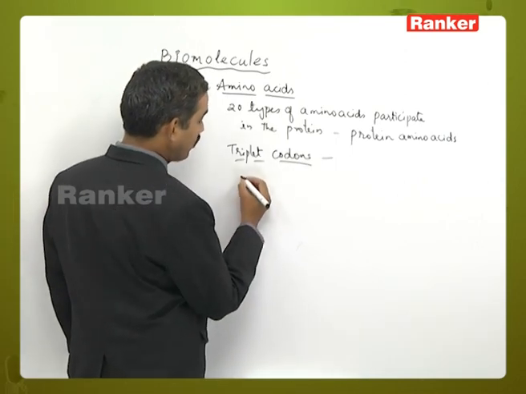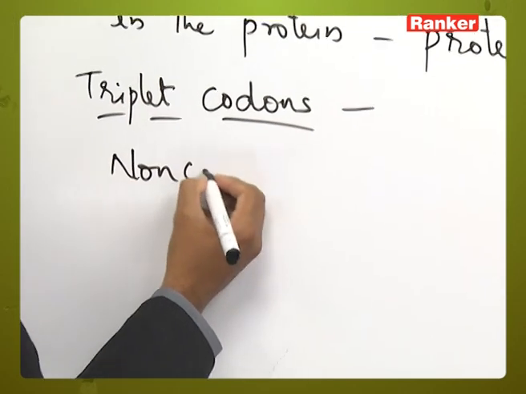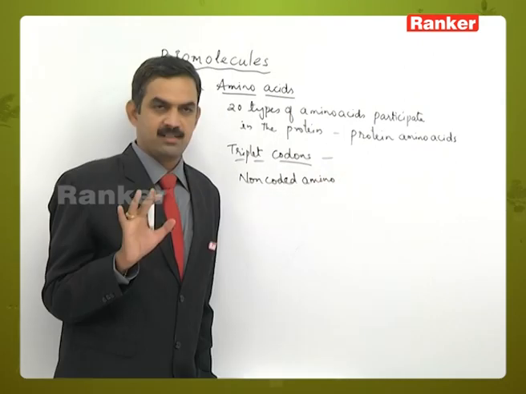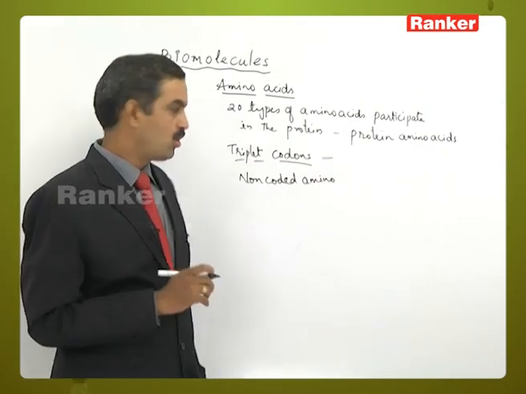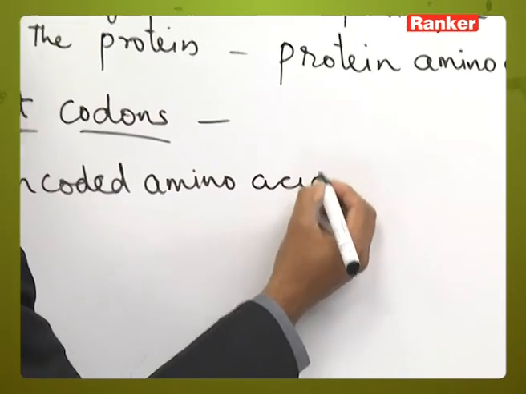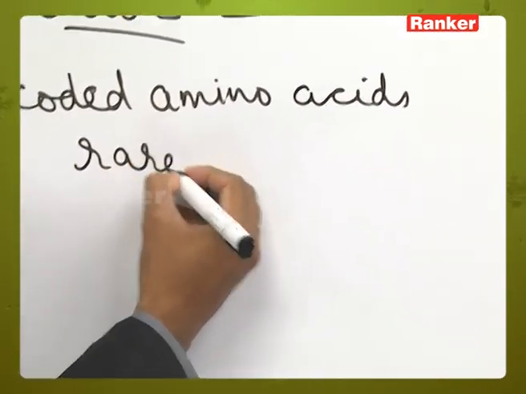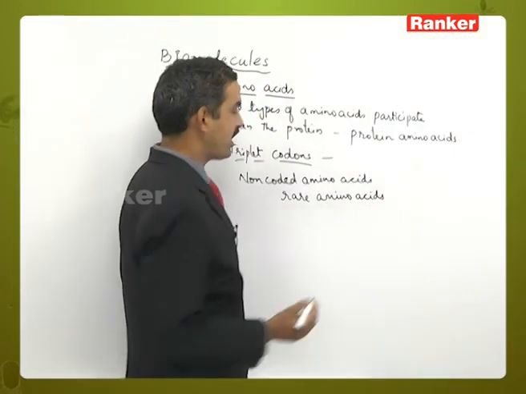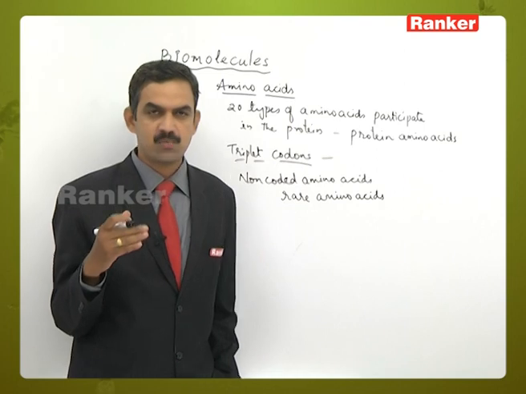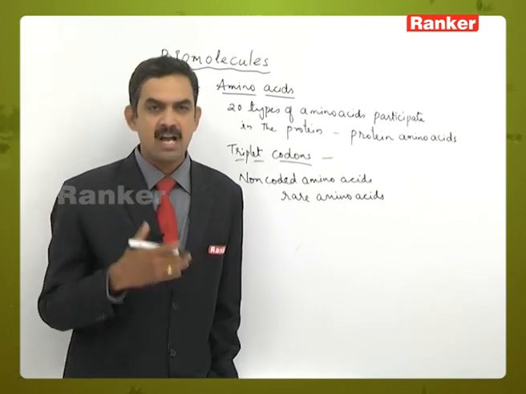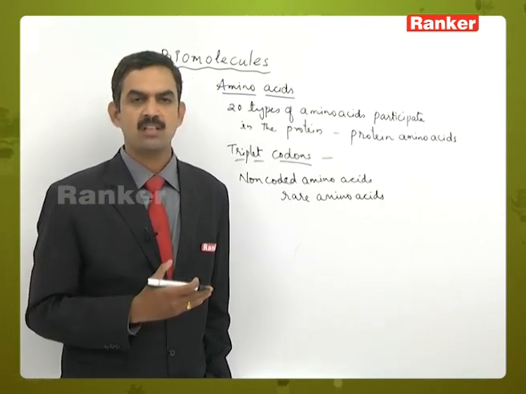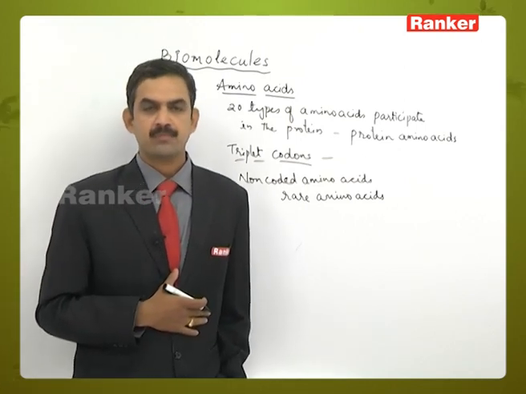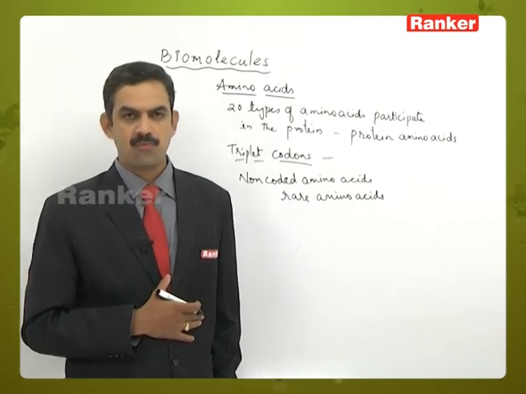Then there are some proteins which have non-coded amino acids. These are otherwise called rare amino acids. These amino acids will undergo some sort of modification and they are converted into the normal structures. This type of thing will be there, and all the properties of